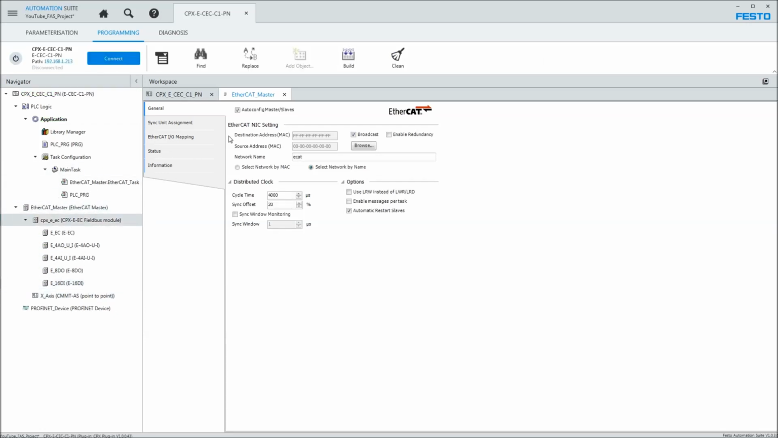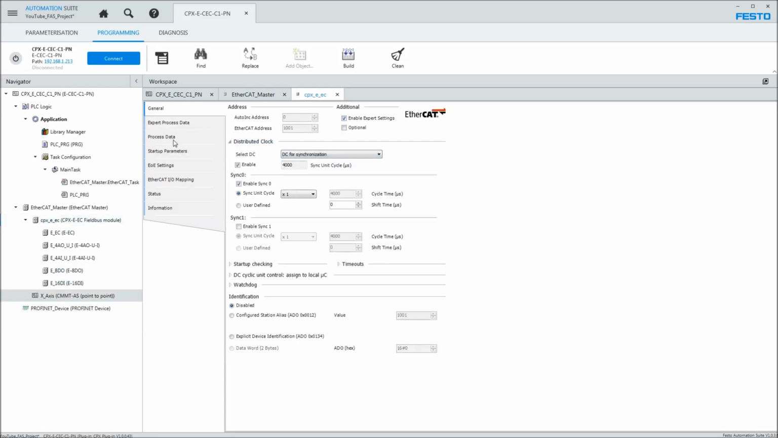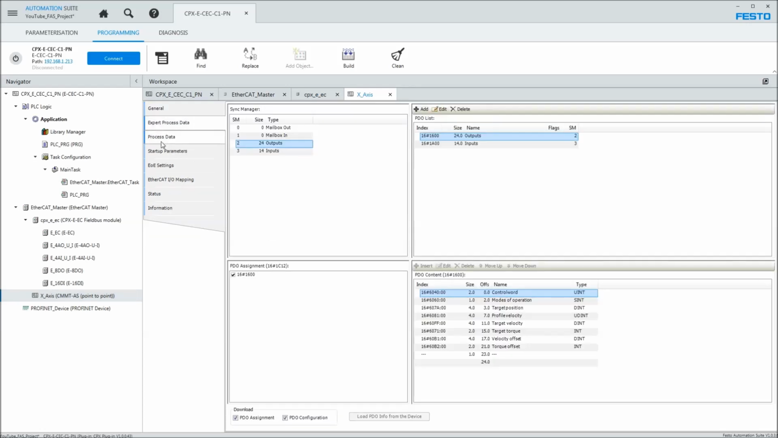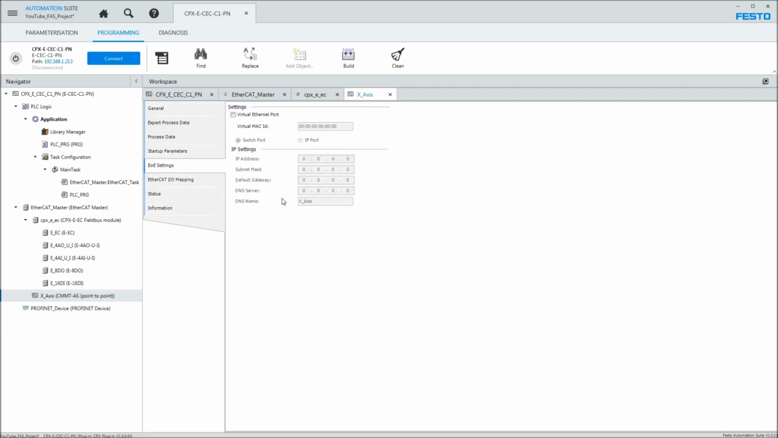I disconnect, go offline. As I said before, I always like to turn distributed clock on for the devices. There's EOE, which I'm not going to use right now. Well, I could show EOE working basically. Put in a couple addresses here within your subnet. Let's go with 209. So that's for the CMMT. This one over here,